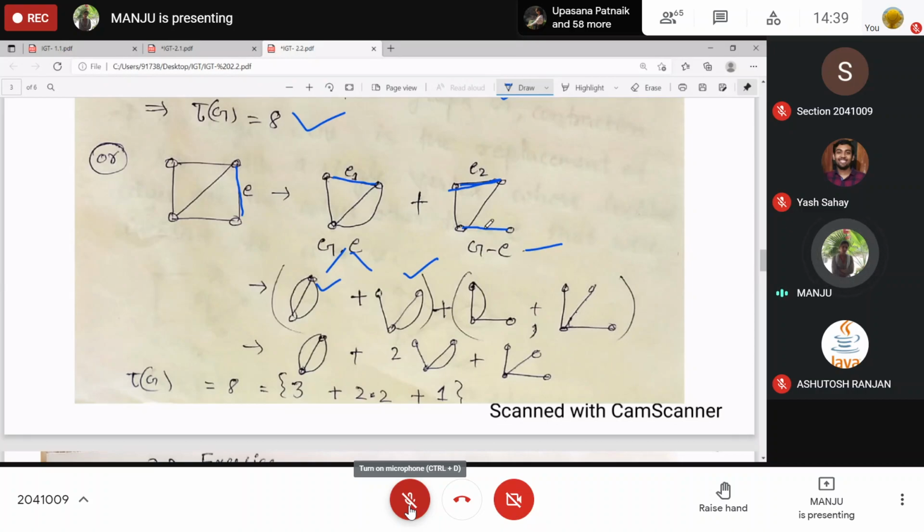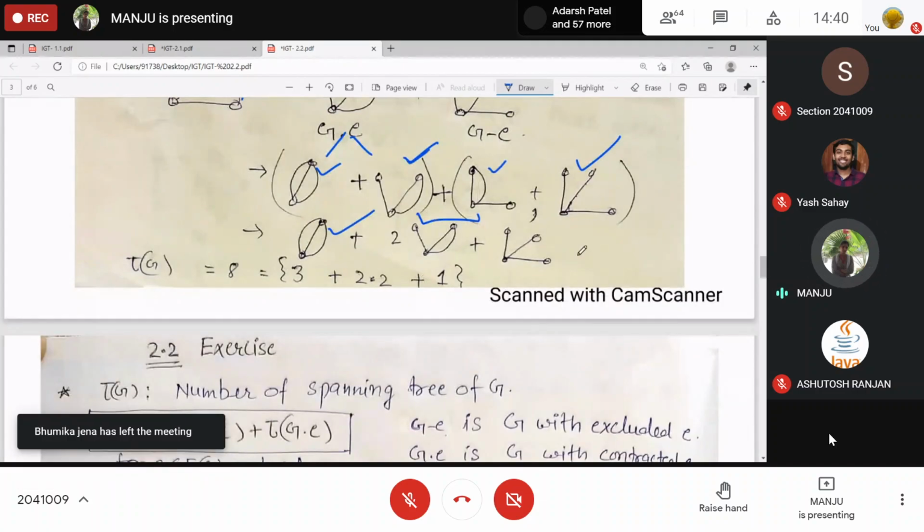So it's up to you. If you want to take this edge, then you will end up getting C3, this one, and C3 with one vertex. I did this E2 because after deleting this one, I got this structure, and I'll get the same structure after deleting this one. Then this graph will be 2 of this one. Then you can easily find the number of spanning trees for this one and this one.